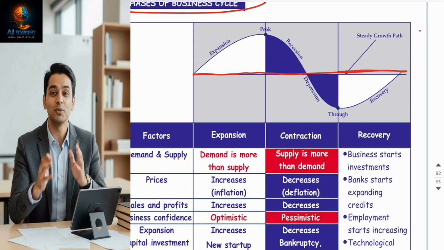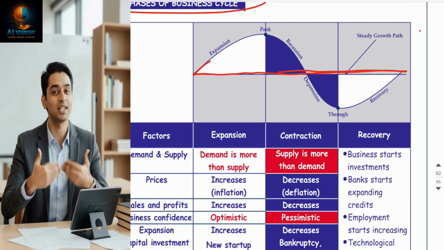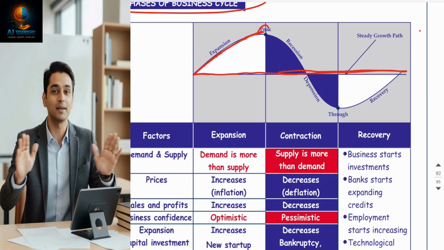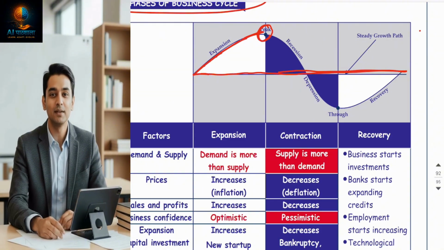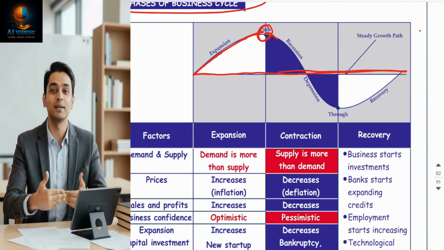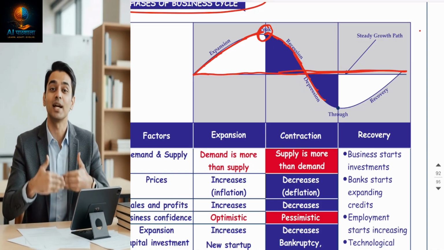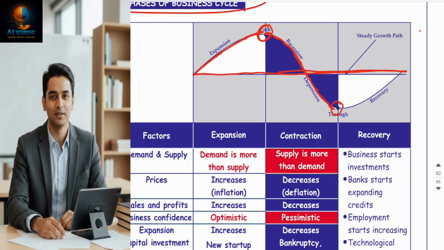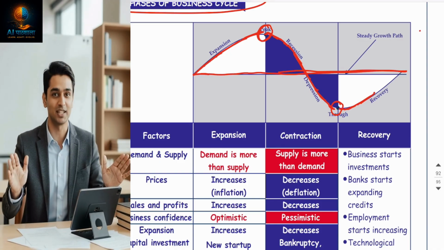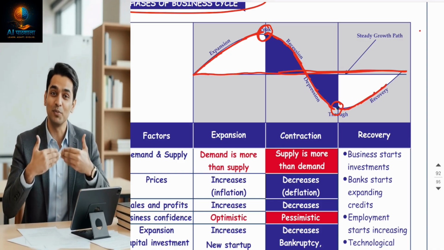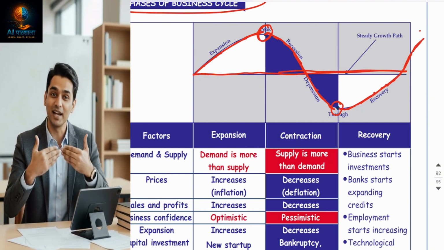This horizontal line is my average growth of ups and downs. Okay, smooth growth. Now the upper part is called expansion. Then they reach the peak point. What happens at this peak point and why expansion takes place, we're going to understand each and everything in detail. And then after that, slowdown takes place, recession, and when growth goes below average, it becomes depression and it reaches the bottom point. After the bottom point, my country's economy grows again, but now it is growing below average. That's why it's called recovery. The moment it goes above the average line, it's called prosperity or expansion.